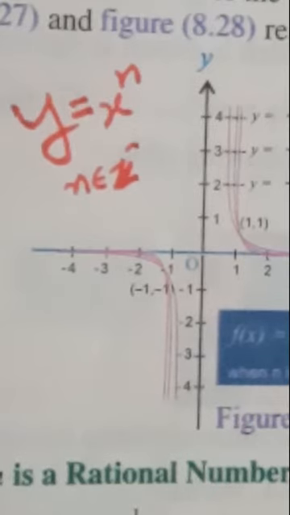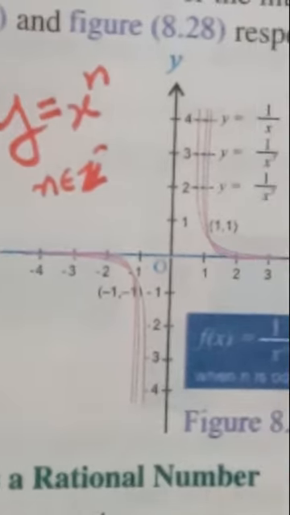And when n is decreasing, you take the value of n equal to minus 2. That value, minus 2, is less than minus 1. So the function becomes y is equal to 1 divided by x square. The curves of that function are a little closer to the x-axis and y-axis, and so on. So this is the graph in general.